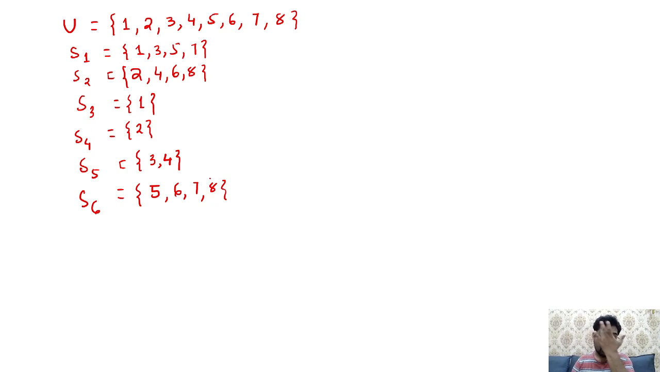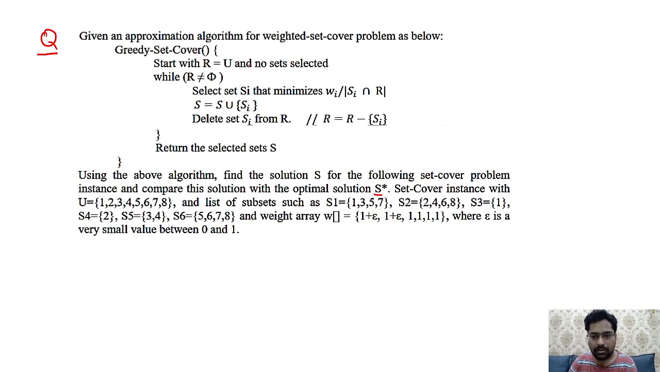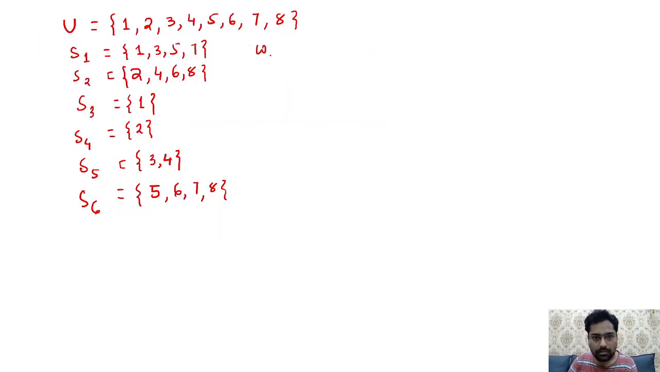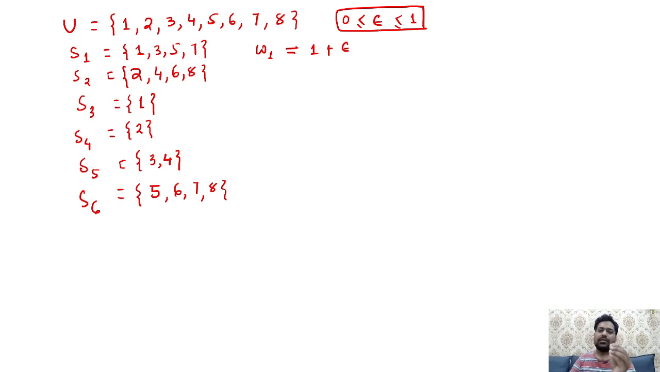Suppose such questions are being asked based on the weight assigned to each element. First of all, you must write the weight. W1 is 1 plus epsilon. That epsilon actually lies in between 0 to 1. You might be writing in this way. So either it is 0.5, 0.2, 0.3, whatever it is, it's definitely more than 1 that we know. So W2, which is the weight of the next, is epsilon,